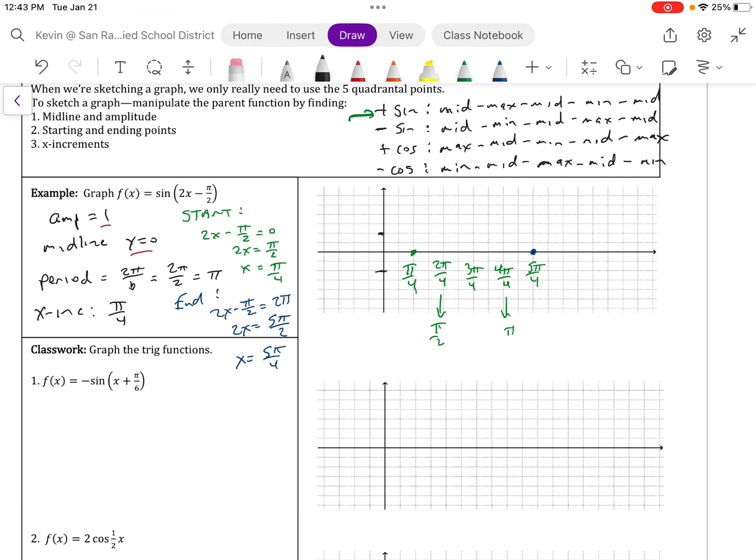Make this 1. We're going to start here. And then each of these, our x increments are pi over 4. So this is an increment. So we're going to go from here to here. And then we're going to go from mid to max, back down to mid, down to minimum. This is -1, this is 1. And then we're back to the midline. And then we just connect them. And that graphically represents this function going around the